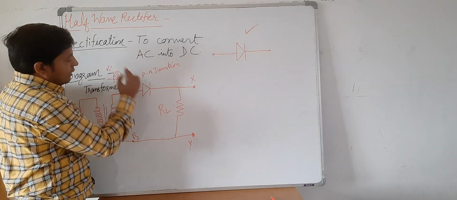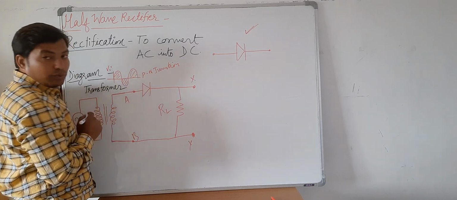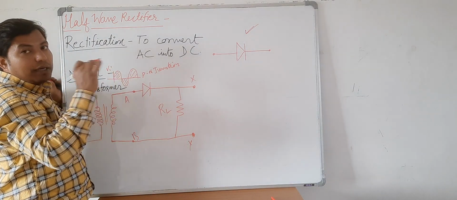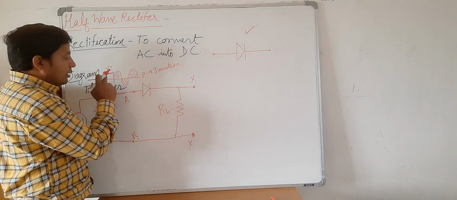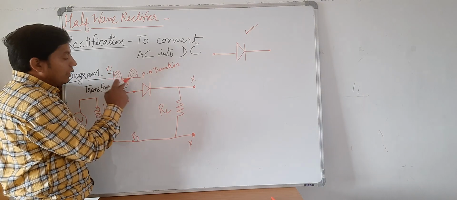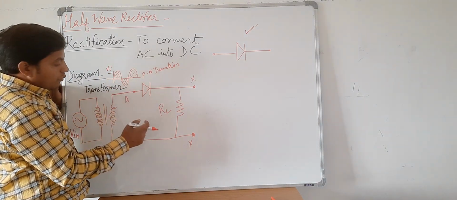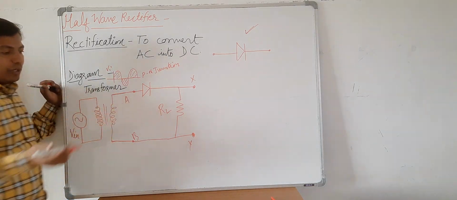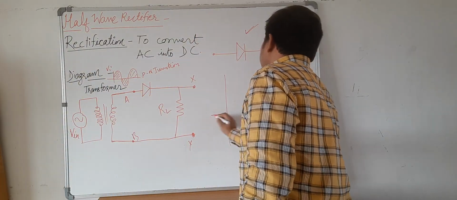So for the next positive half cycle, it will allow current to pass through it, and for negative half cycle, it again stops the current. So we can say that this diode allows current to pass through it only in forward biasing. It stops the voltage in reverse biasing. So we can draw its characteristic, the wavefront of output diagram. Input and output diagrams we will draw simultaneously.